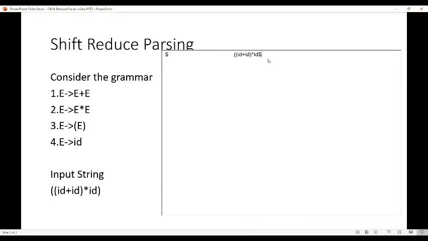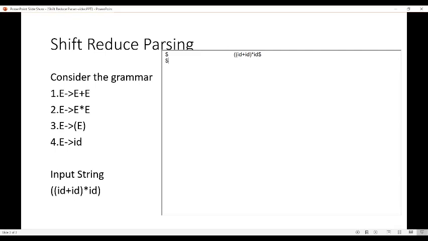There are four actions we can apply: shift, reduce, error, and accept. First let us apply shift action. We shift one symbol from the input string into the stack.